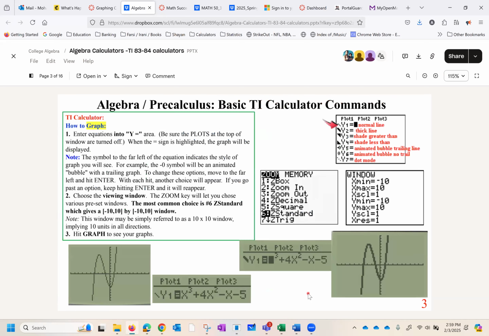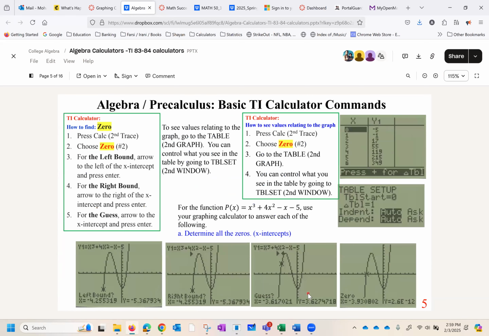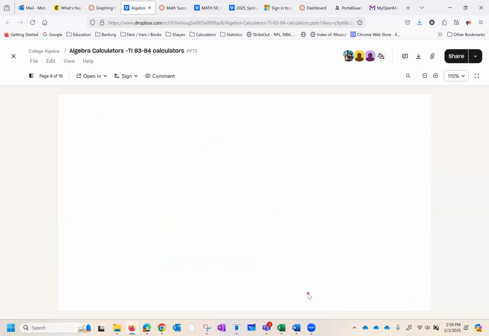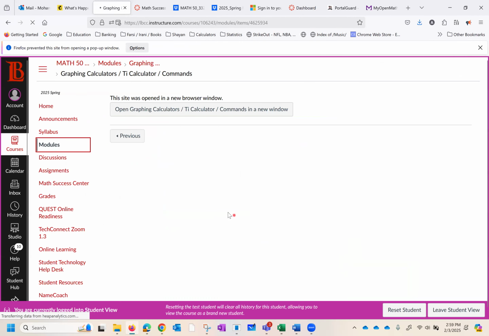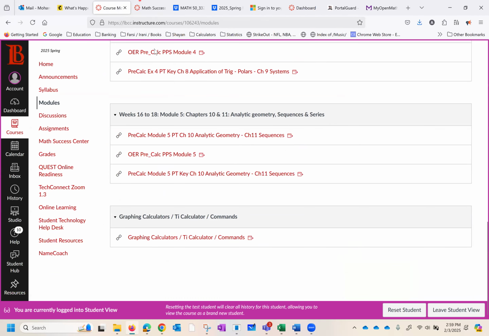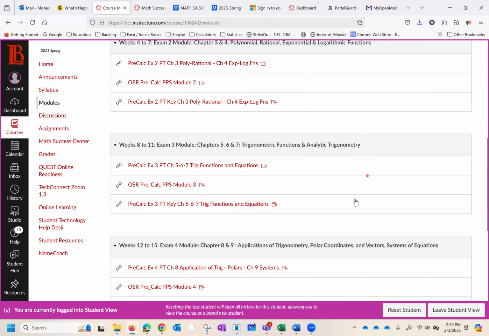Then I have some commands. You can look up always more commands, but these are some of the common ones that we need, and I put them here. And it's for TI. If you have a different calculator, the commands must be slightly different, but ultimately very similar. So we have the calculator. So I'm going to close that. The last thing you find on the page for modules is resources for graphing calculators. If you don't need it, you can completely ignore it.